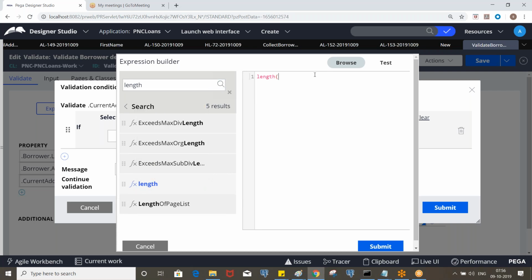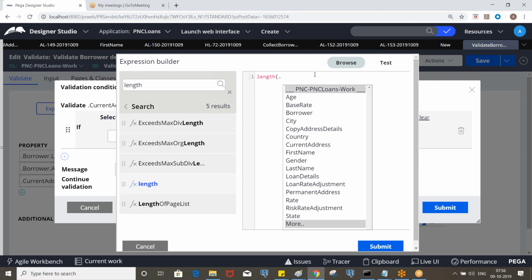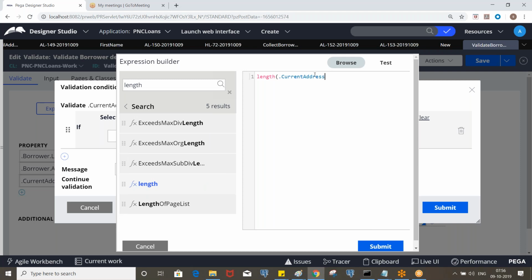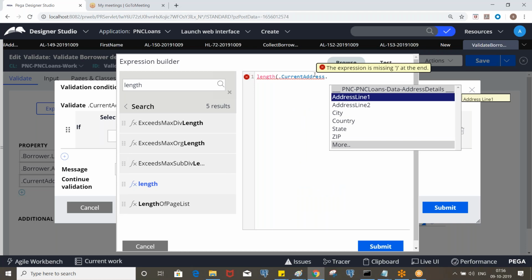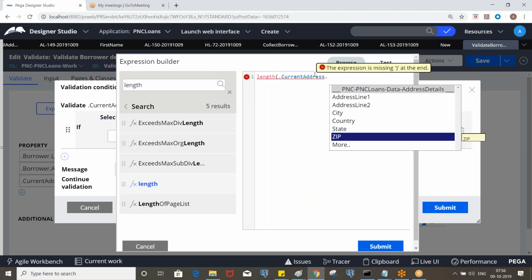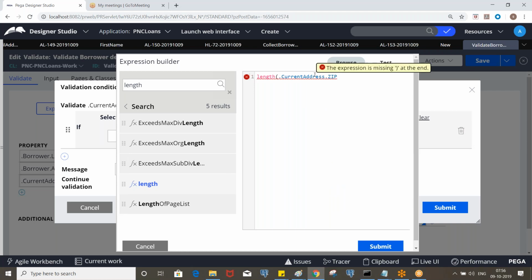Here you can put current address dot zip. Similarly, permanent address dot zip. You need to validate that also.